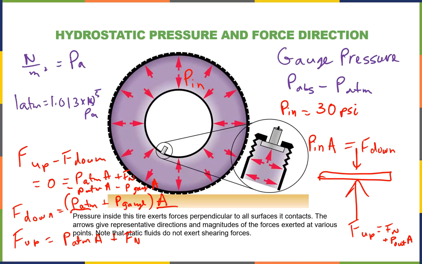So I got to change colors. It's getting ridiculous. So these two atmospheric pressure terms subtract out. And what I end up with is the normal force is equal to the gauge pressure times the area of contact. So the amount of force that the tire is supporting, the normal force, is equal to the gauge pressure times the area. So if my tire has to support 500 pounds and it has 30 pounds per square inch for the gauge pressure,